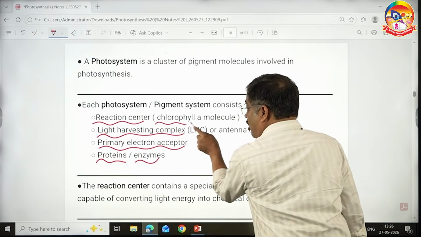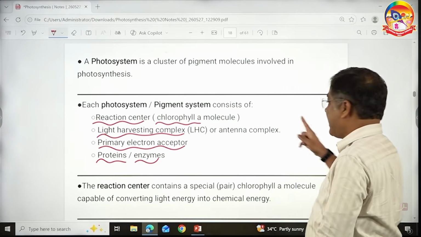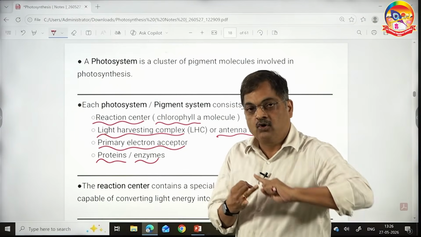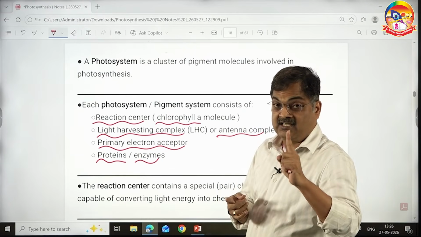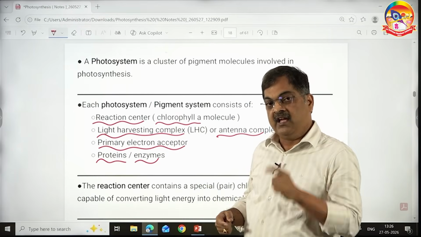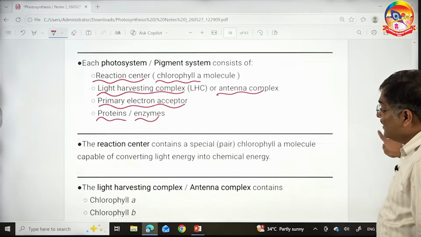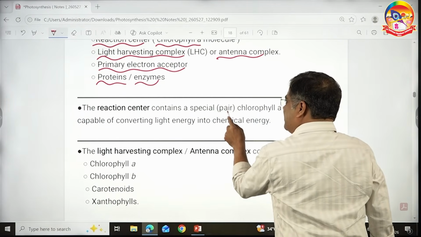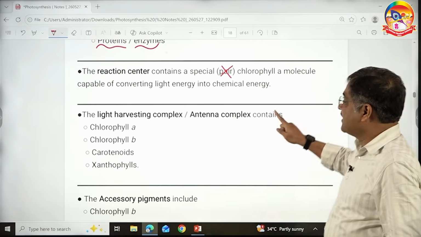Reaction center, children, is always a chlorophyll A molecule. The light harvesting complex or antenna complex includes not only chlorophyll A, but chlorophyll B, carotenoids, and xanthophylls. But when it comes to the reaction center, it is chlorophyll A. Your textbook says except one molecule of chlorophyll A, they are referring to the reaction center. The reaction center contains a special chlorophyll A. Actually, it's a pair, but in your textbook they gave only one special chlorophyll A molecule